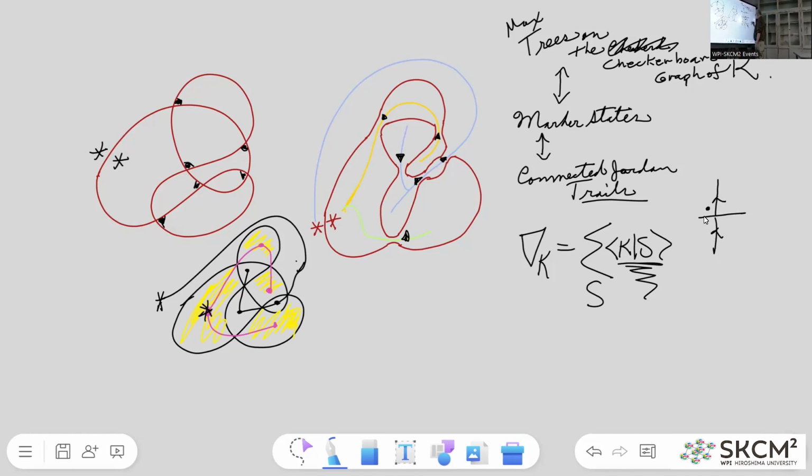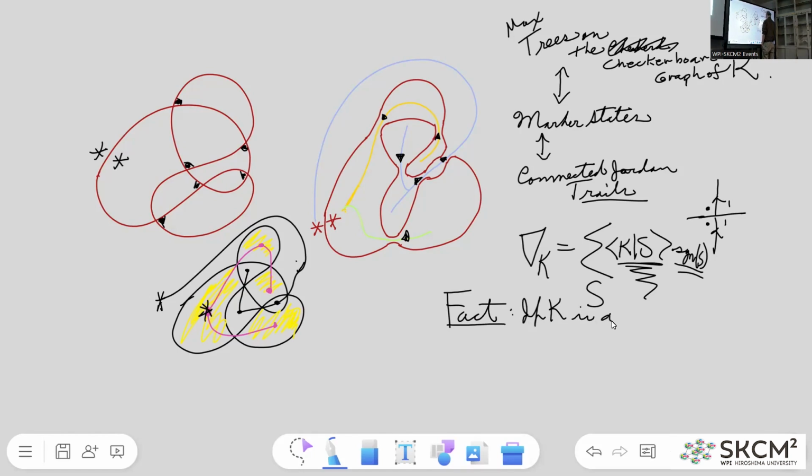We could put a 1. If we put a 1, there would still be the sign of the state because I forgot about that. If you put a 1, then you would be getting plus or minus on all of these because of the sign of the state, right? So it won't always count the number of trees. But the fact is, and now we're down to getting near to the proof, but I'm not going to do the proof. The fact is that if K is alternating,